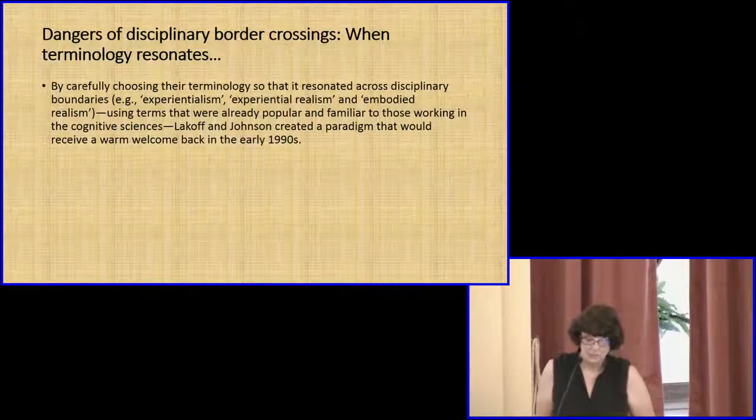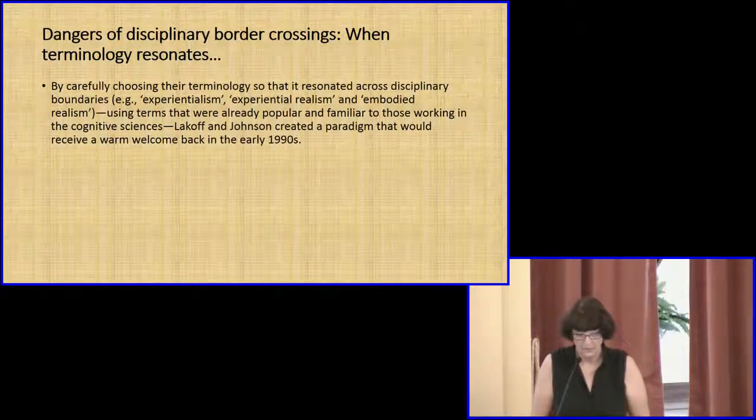Look at the dangers of disciplinary border crossings. All right, we've looked earlier at the diagram, in which you saw these words being repeated over and over again: embodied, situated, embodiment, etc. By carefully choosing their terminology so that it resonated across disciplinary boundaries, experientialism, experiential realism, and embodied realism, that is, using terms that were already popular and familiar to those working in the cognitive sciences,